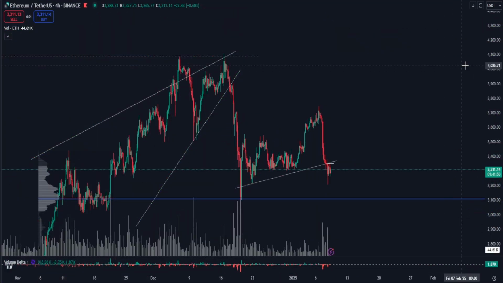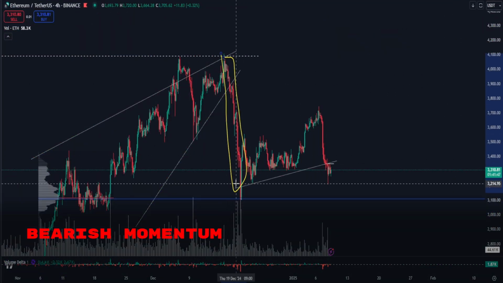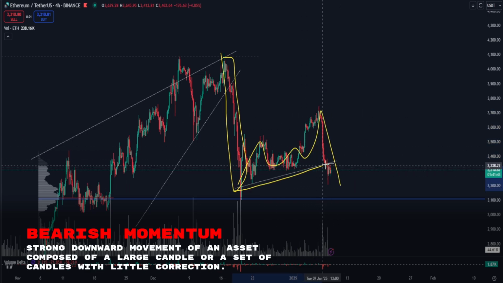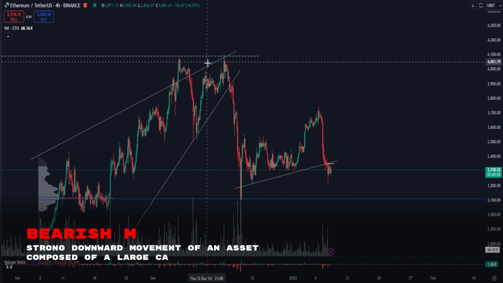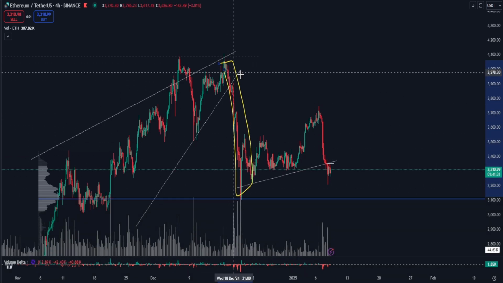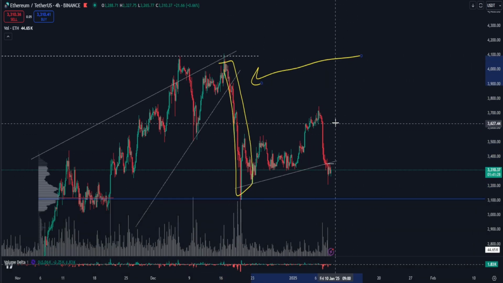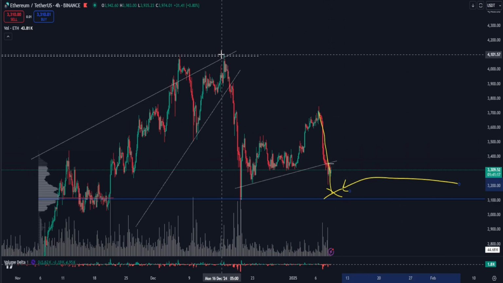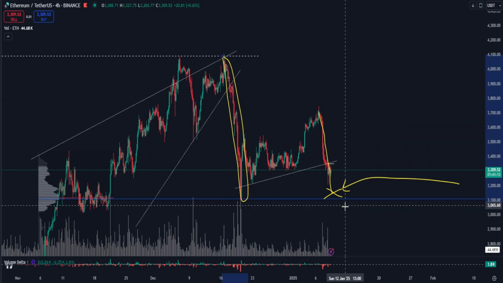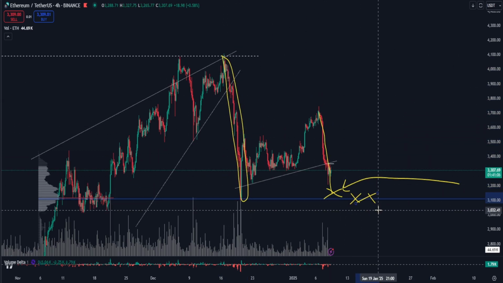Here, we're analyzing the 4-hour chart. Notice how we have a bearish impulse followed by a corrective pause or panic. Then, the price reconnects with the trend line of this corrective pattern. What are we expecting for Ethereum? Well, we're expecting a failure in this replica of the original impulse. In other words, we anticipate the price will continue to drop, but it won't replicate the same movement as the original impulse. Instead, this blue zone we have marked here should do its job, defending the price and allowing it